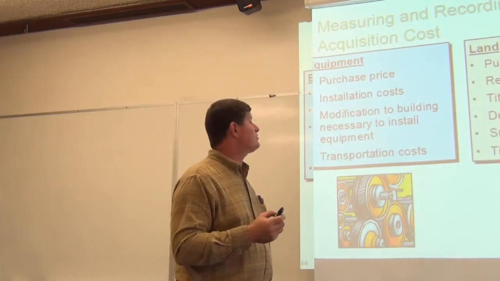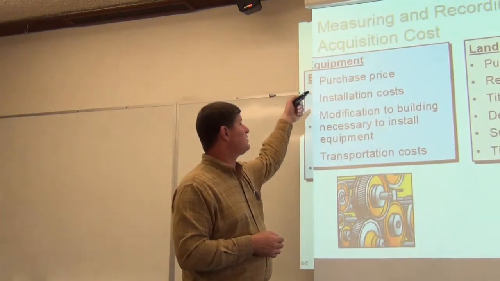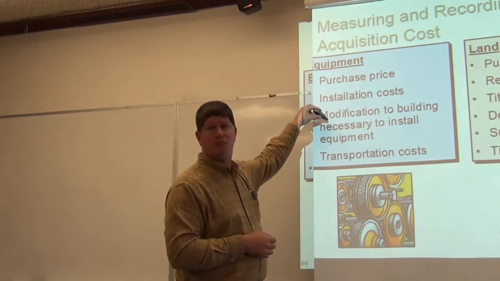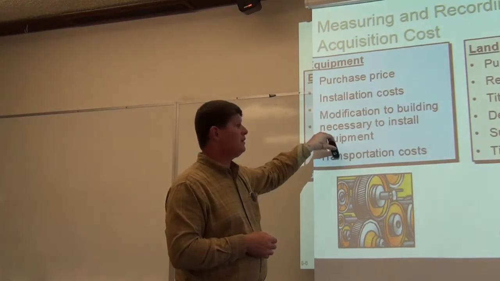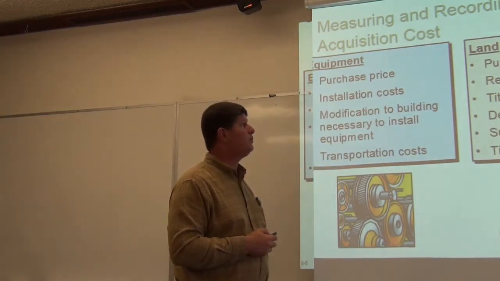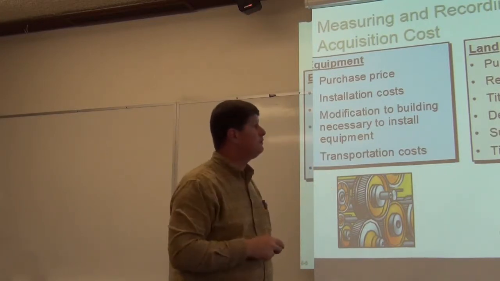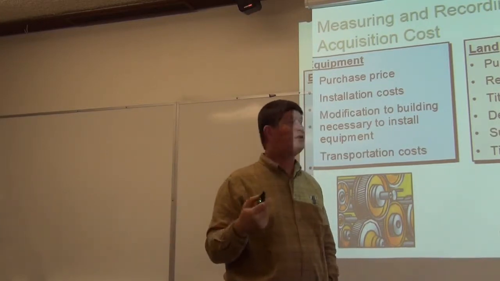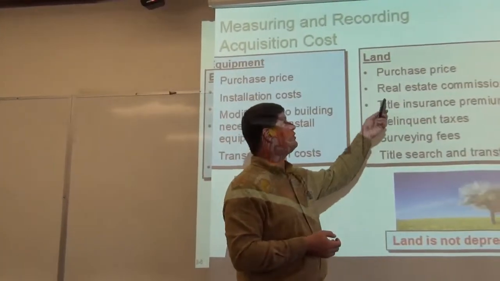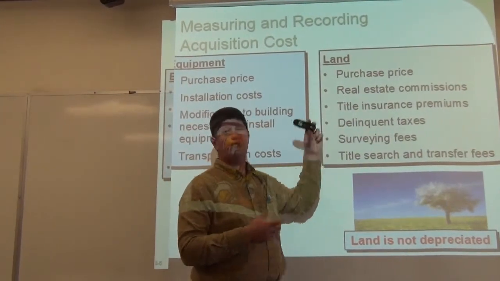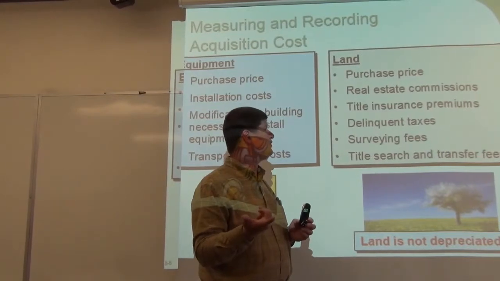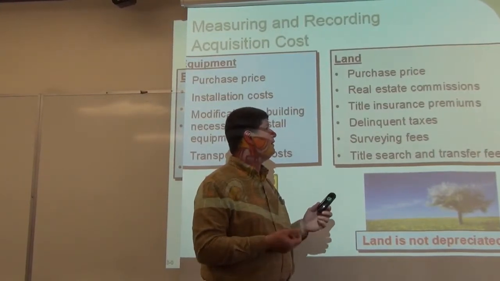Equipment, like I said, we'll just fly through this. Purchase price, installation, any modifications you did, delivery costs to get it to you. We just talked about buildings, but if you buy land, the same sort of thing applies. Purchase price, real estate commissions if you pay any, legal fees if you pay any, if you have to pay